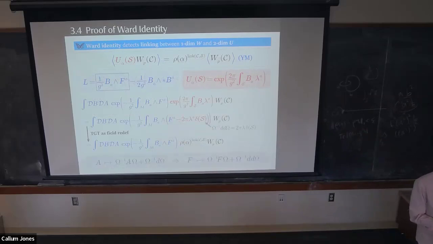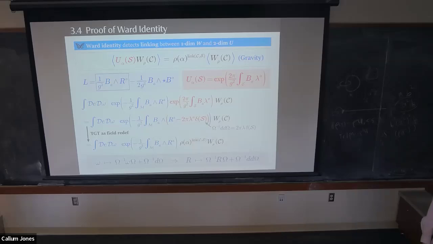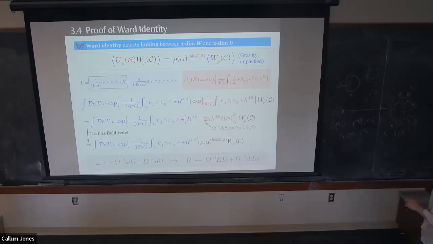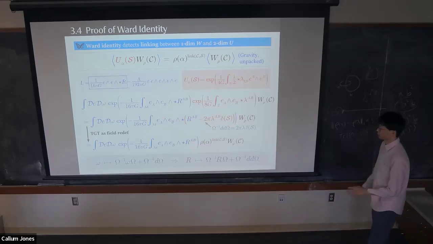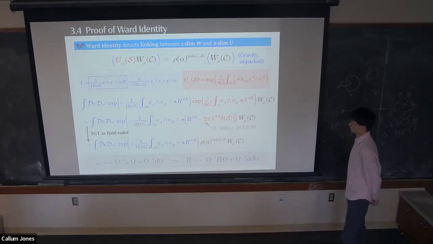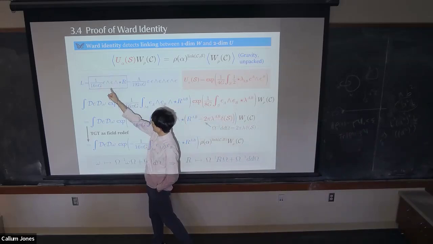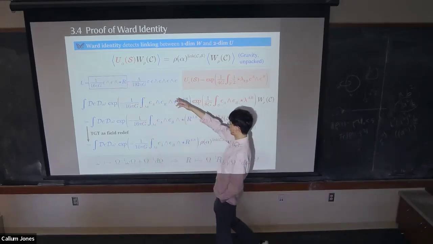So let me now explicitly show the Ward identity. So this was the proof of the Ward identity for Yang-Mills theory, and I can just simply snap my finger and have the derivation for the gravitational case. So perhaps this is not very helpful. So maybe it is more helpful to just expand out all the details and see how it works in the gravitational context.